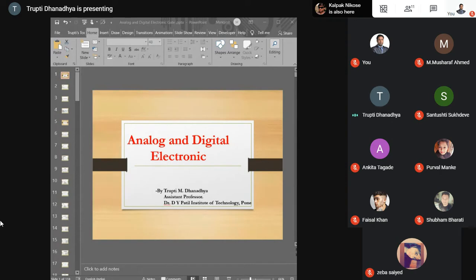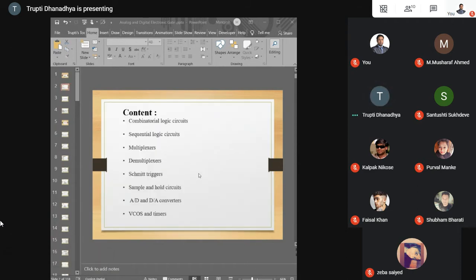Good afternoon, everyone. In the last lecture, we completed two topics from our GATE syllabus: combinational and sequential circuits. In that, we covered flip-flops, number systems, K-map, SOP form, POS form, and various types of equations and laws used for solving algebraic equations. So it is covered in combinational logic circuits, and from this you get questions in the GATE syllabus also.